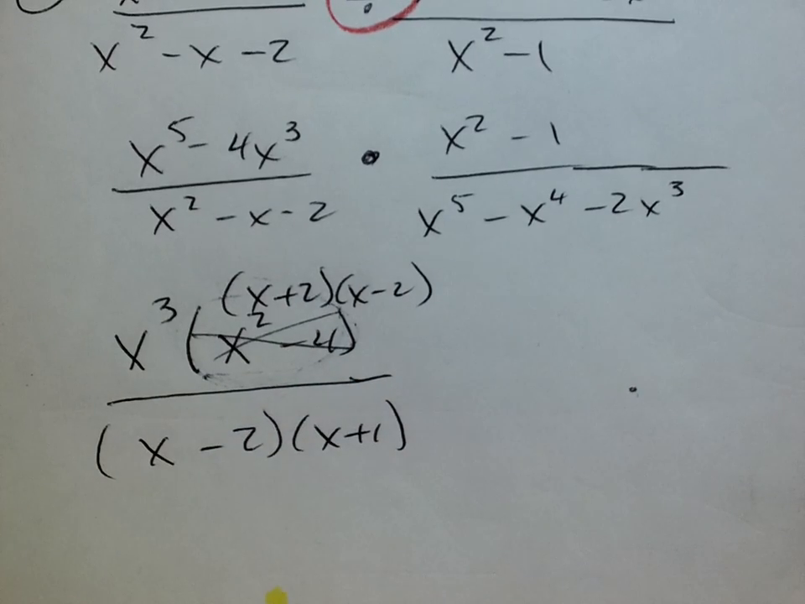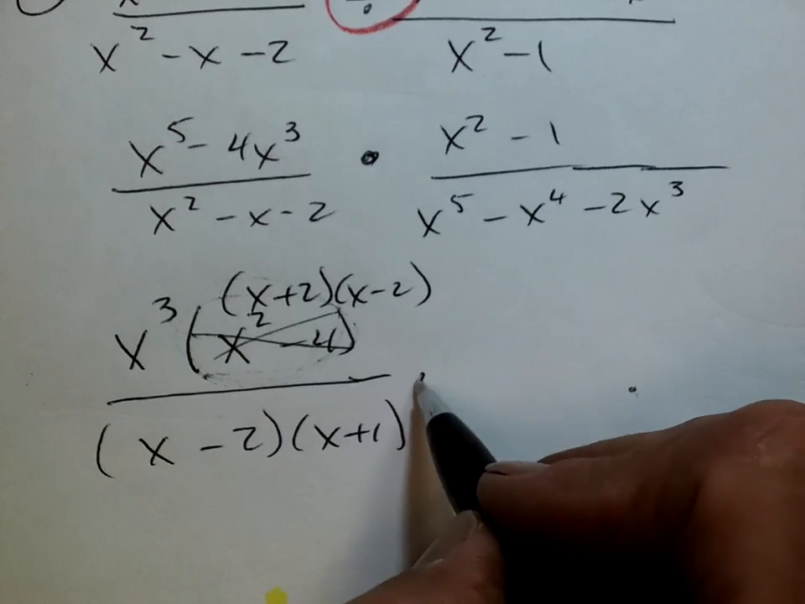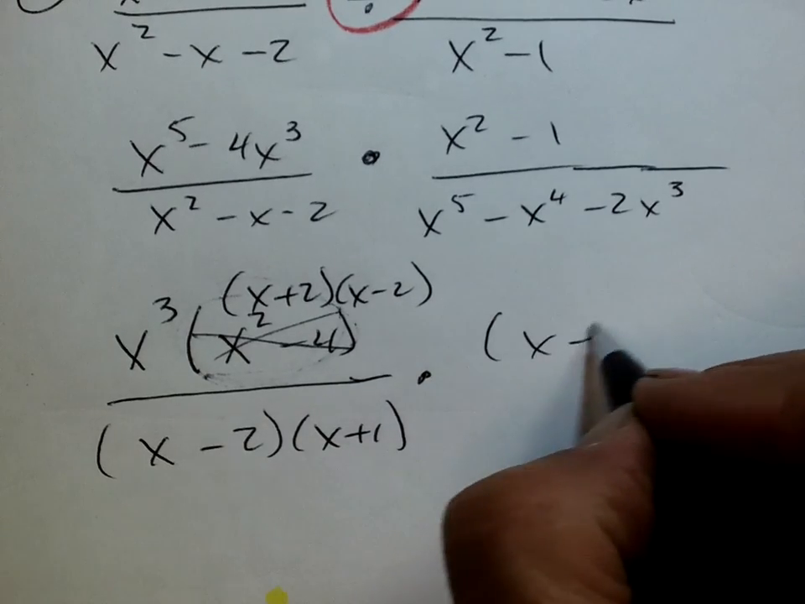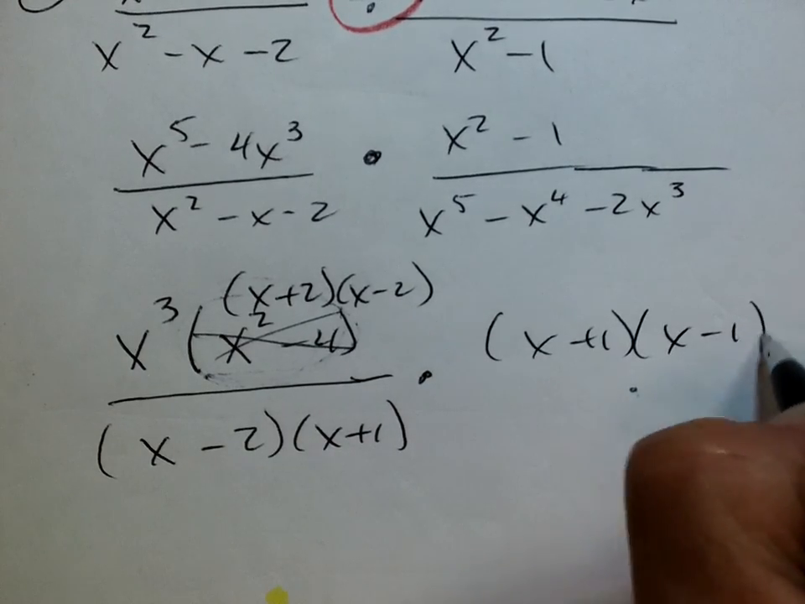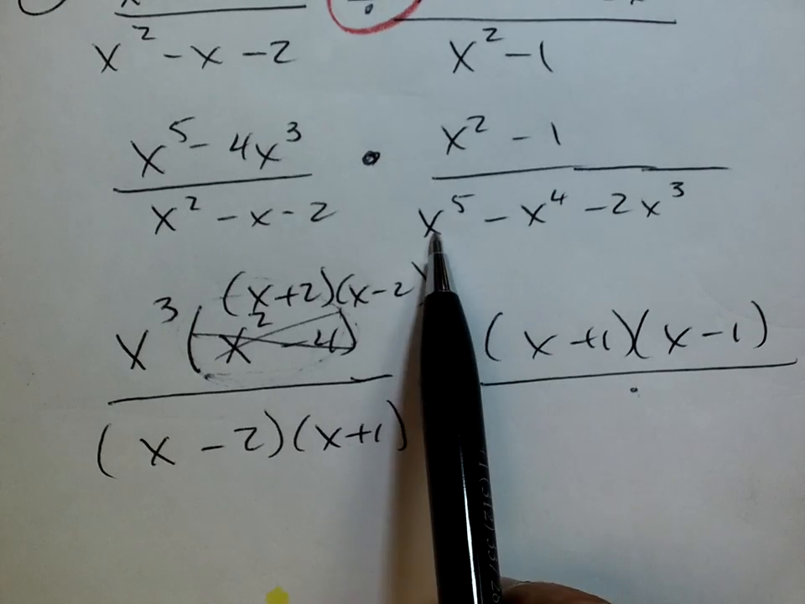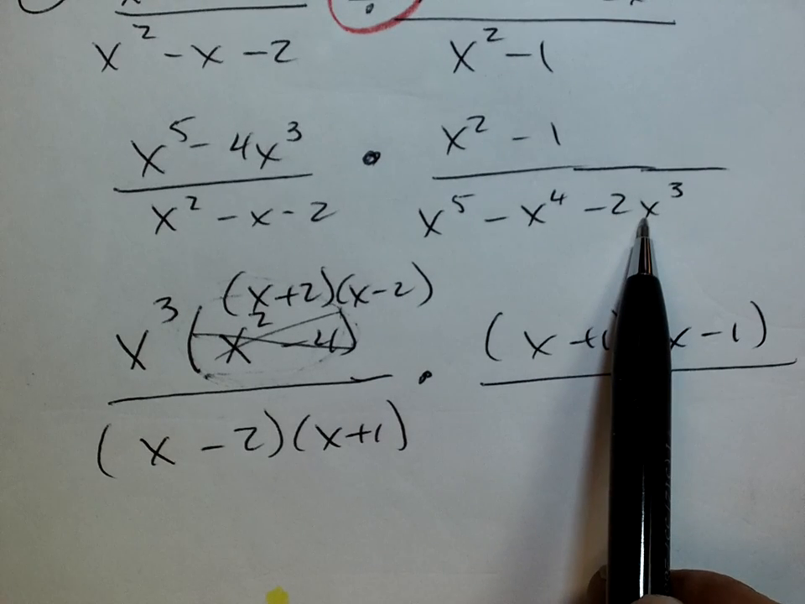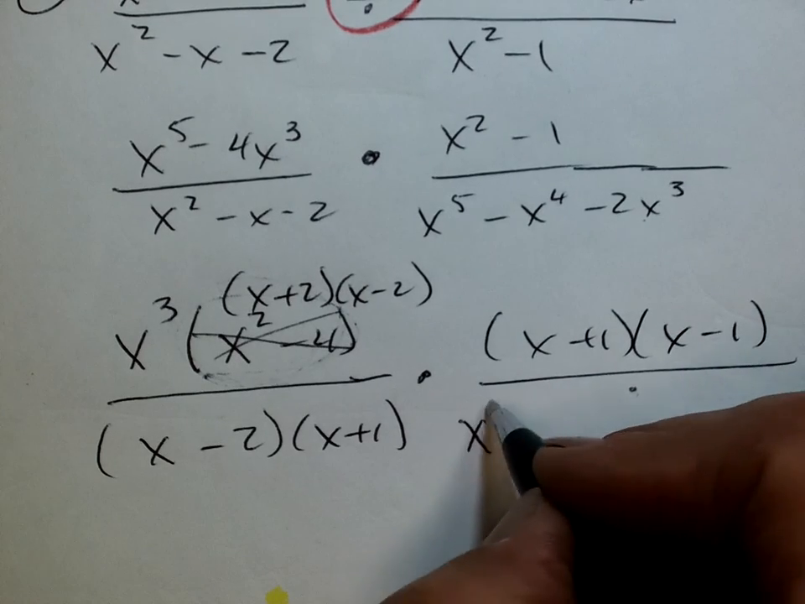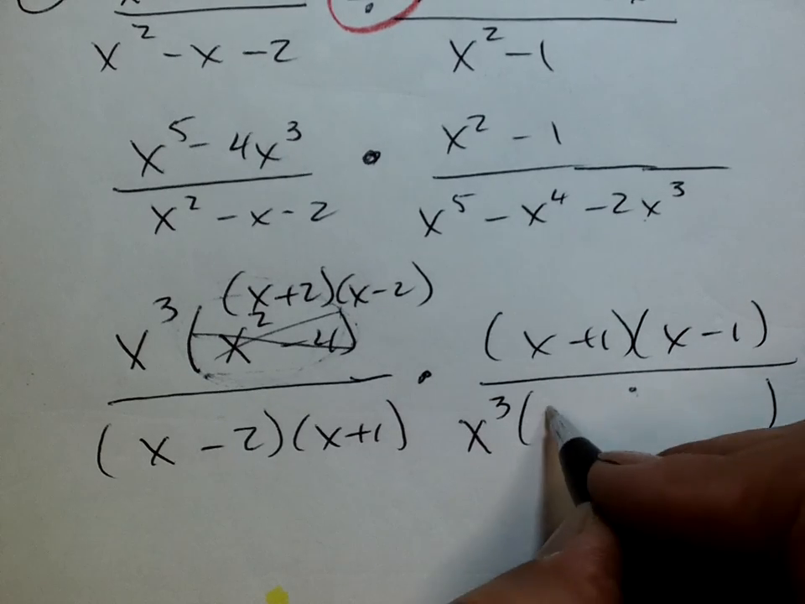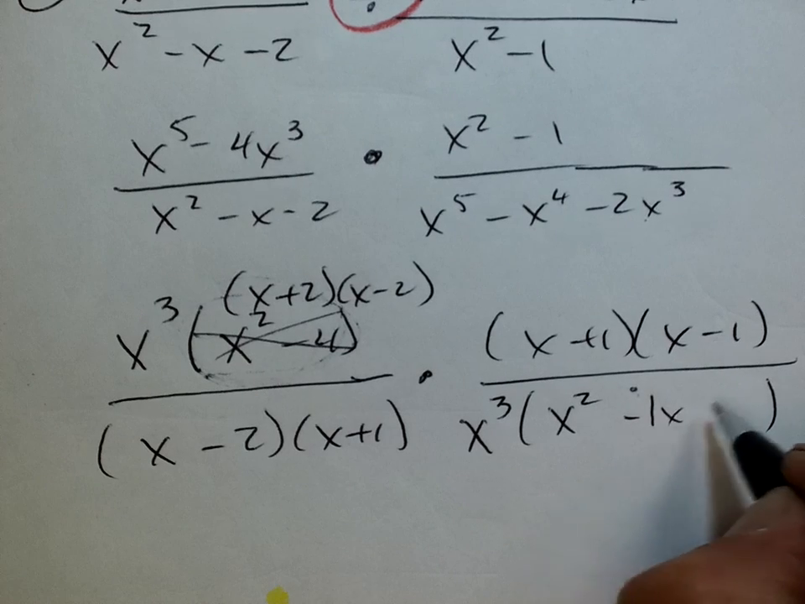You guys agree with Claire? May as well factor that one again. Times x plus 1, x minus 1 over... okay, let's common factor out an x cubed. So common factor out an x cubed, we'd be left with x squared minus x minus 2,